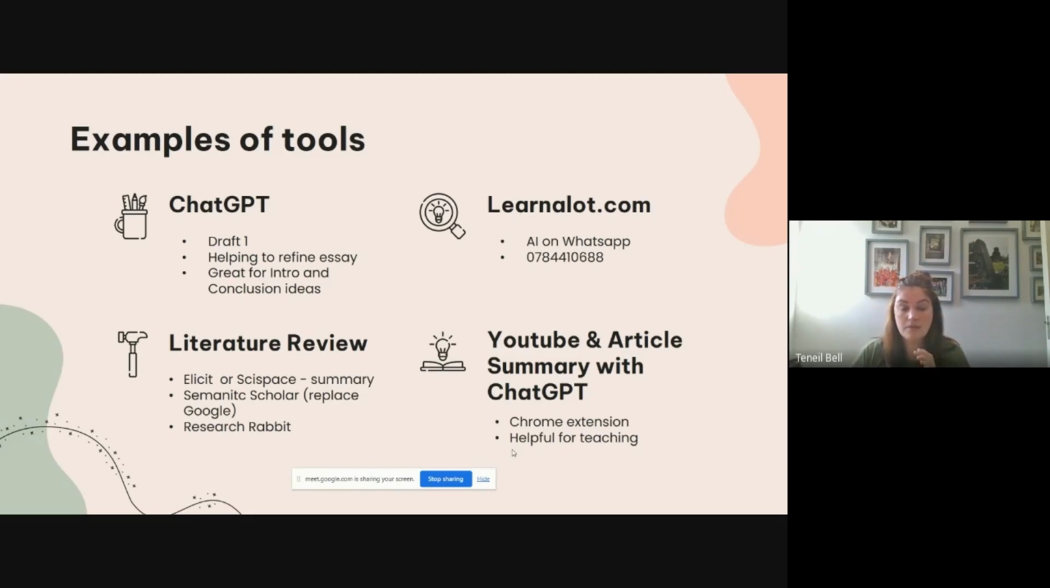Literature review, websites like Elicit and SciSpace are summarizing articles. Semantic Scholar is great instead of using Google Scholar. I find it much better. Research Rabbit is also a great one. I'll show you some examples on now. And one of the other ones I use quite extensively is a Chrome extension for YouTube, an article summary with ChatGPT. And this allows me, when I'm looking for some resources, I use it on my YouTube, and instead of watching that 20-minute video, it gives me a summary, and I know whether I can use it or not,